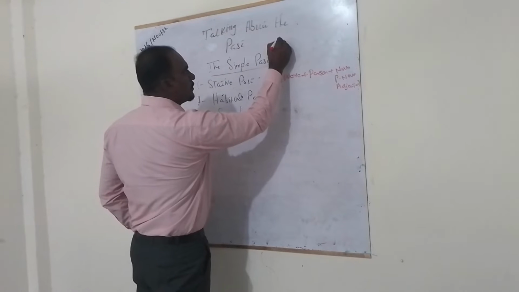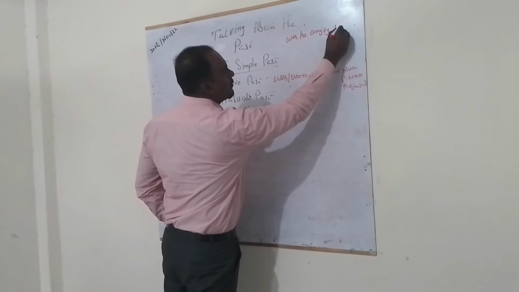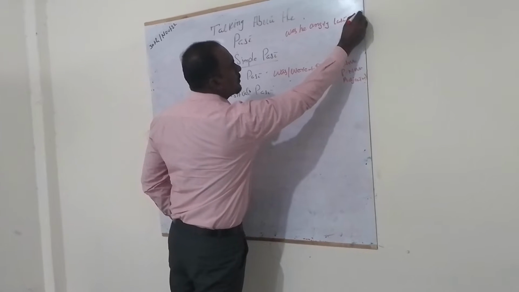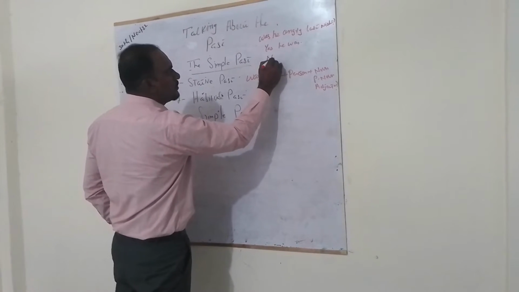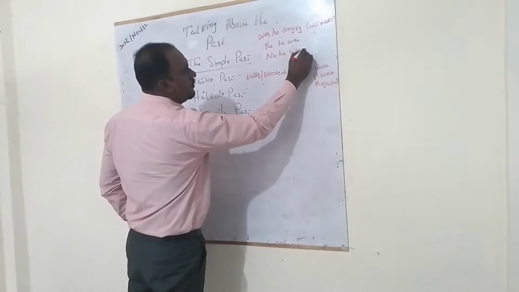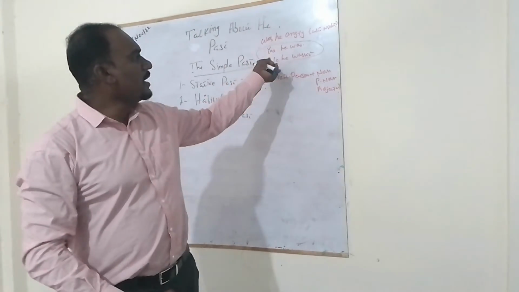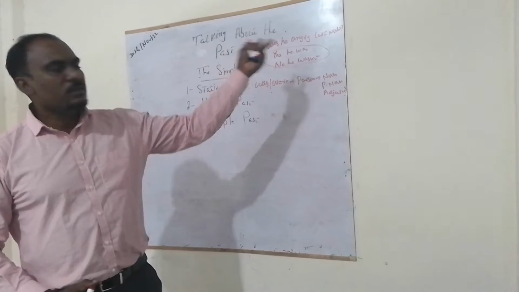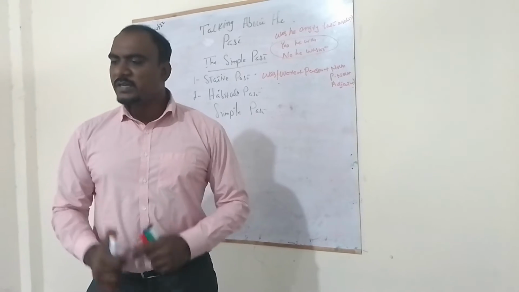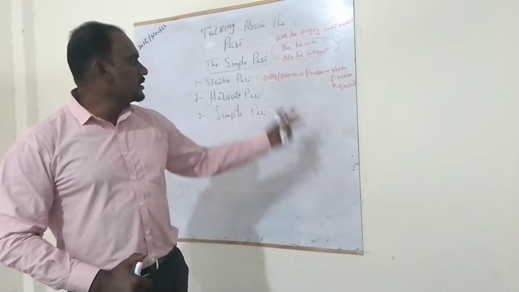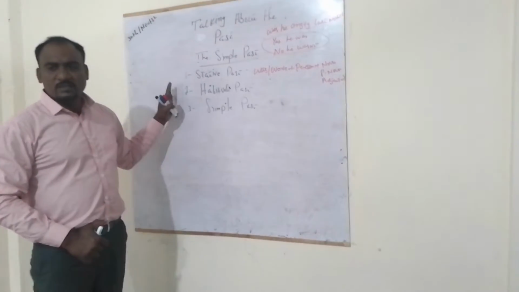For example, was he angry last night? Yes, he was. No, he wasn't. These are short replies. And if you have to give long replies, you put the full information. Yes, he was angry last night. No, he was not angry last night. So this is a stative kind. Keep in mind the other two kinds. Is that clear?